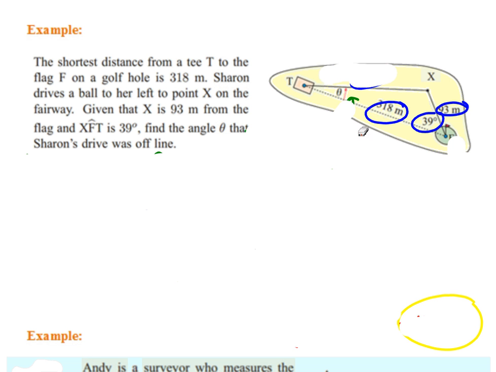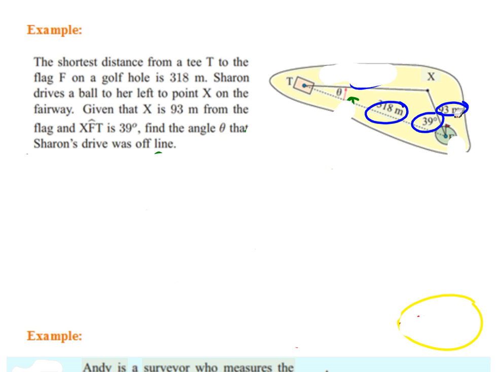What else? Sharon drives a ball to her left to point X. So obviously it's from the T. From the T, she drives a ball to the left and towards X, and that's where it lands on the fairway. Given that X is 93 meters from the flag, which is already on there, 93 meters from the flag is here,